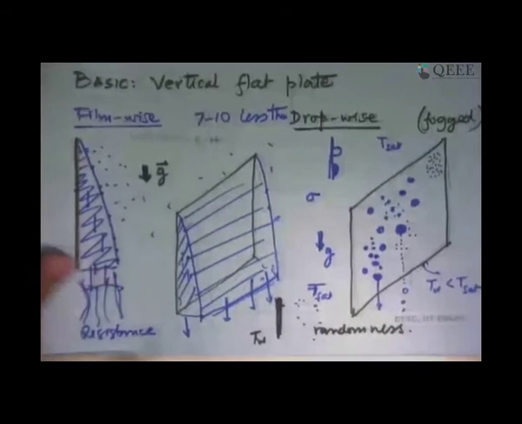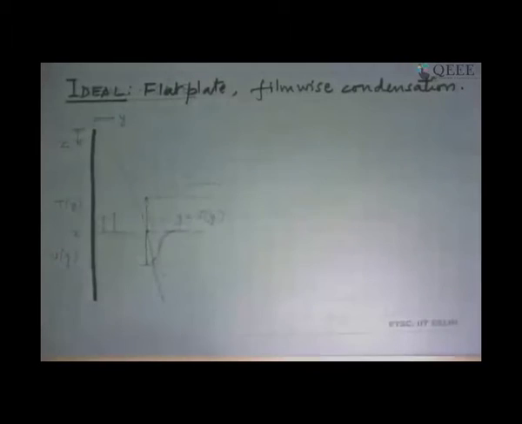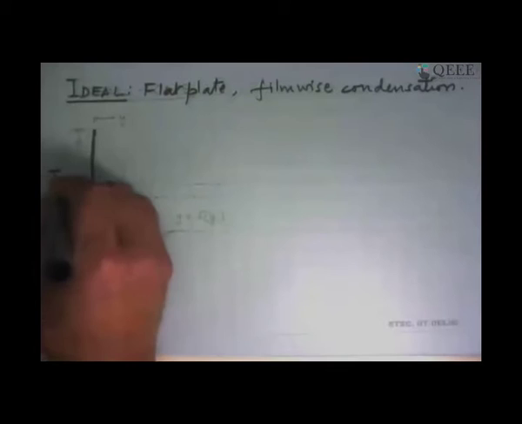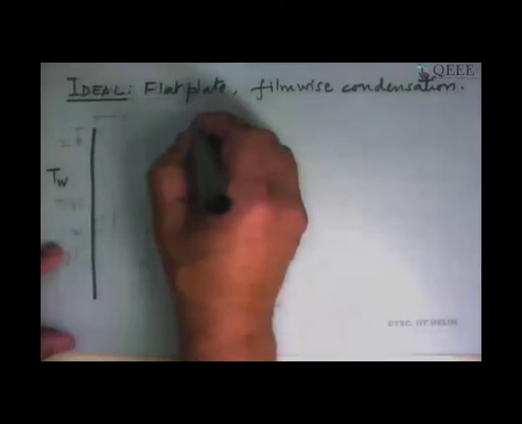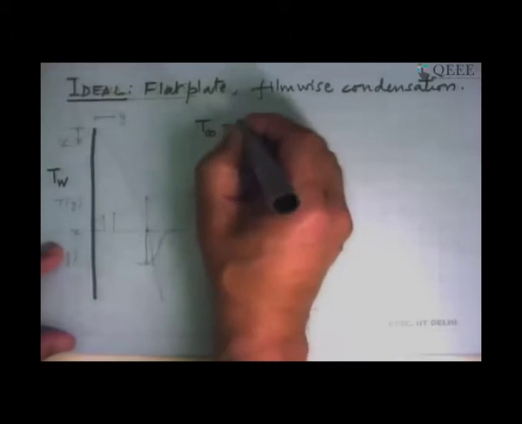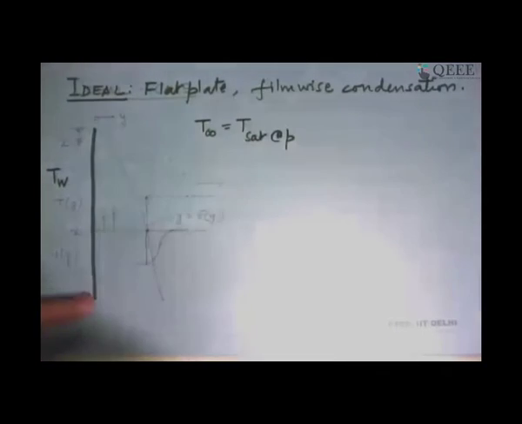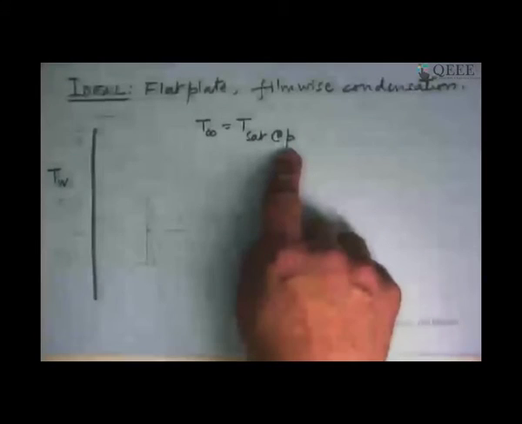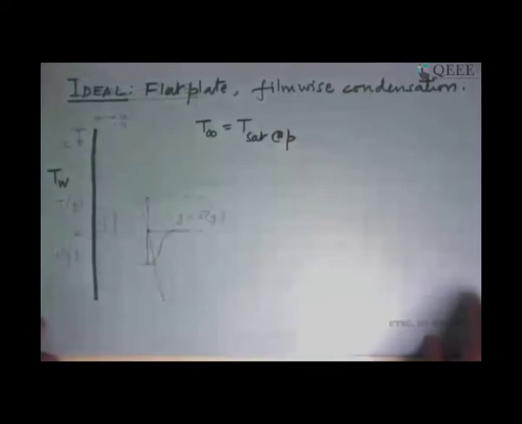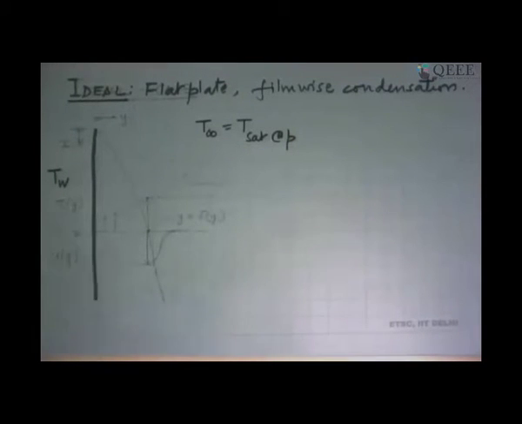So what we will do now is look at what happens in this film. We start by looking at filmwise condensation on a flat plate, and we say that this was the plate that was maintained at a uniform wall temperature TW, and on this side the fluid is at T infinity, which in our case we will call T sat, and that, remember, depends on the pressure. So this is a major player in condensation like we saw in boiling, and in a minute we will see what it does. And we develop our coordinate system there.